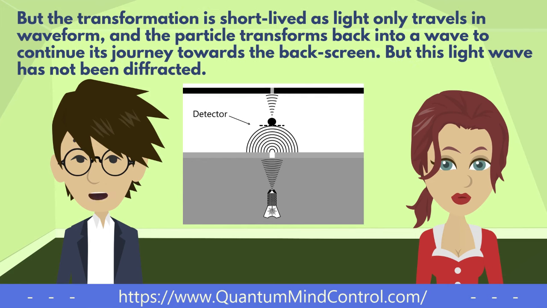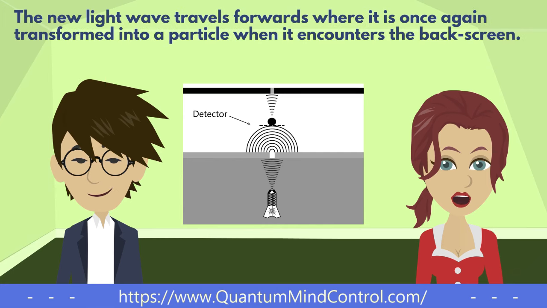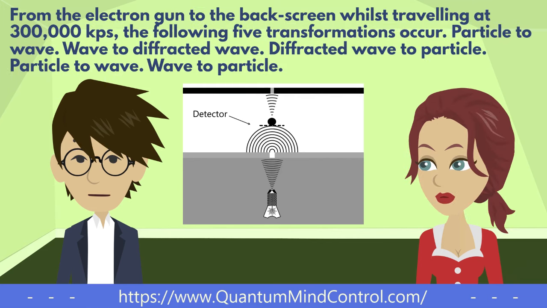But the transformation is short-lived, as light only travels in waveform, and the particle transforms back into a wave to continue its journey towards the back screen. But this light wave has not been diffracted. The new light wave travels forwards, where it is once again transformed into a particle when it encounters the back screen. From the electron gun to the back screen, whilst traveling at 300,000 kilometers per second, the following 5 transformations